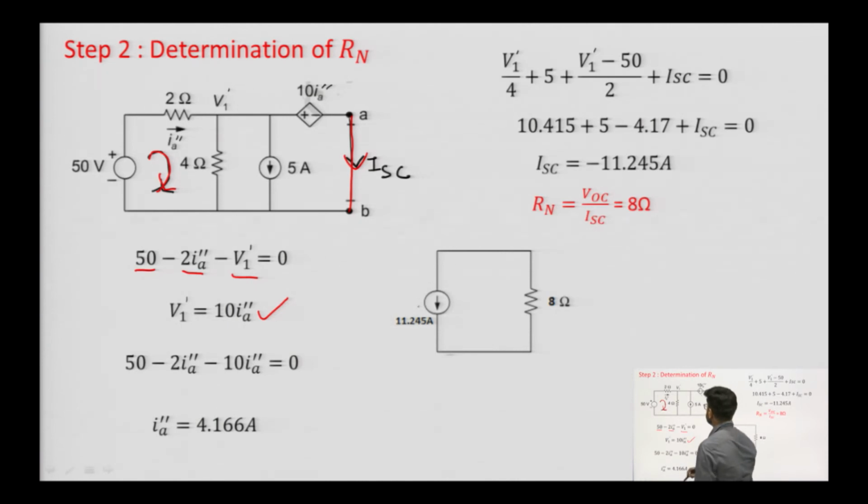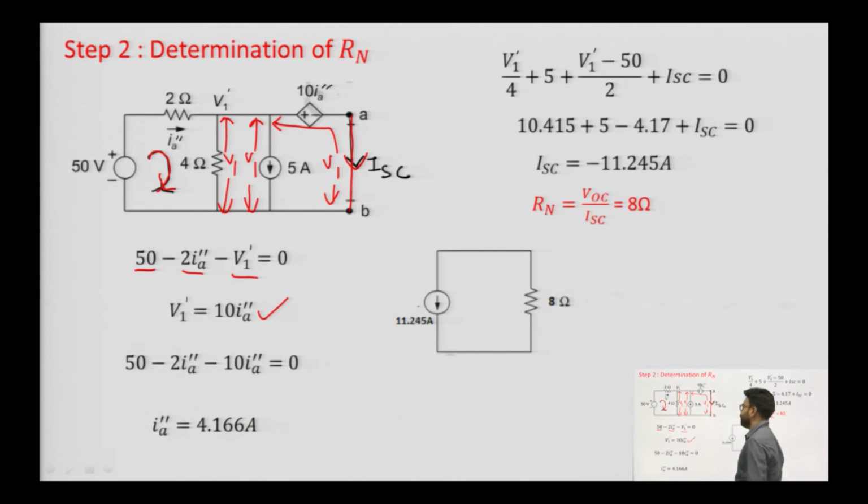V1 dash equals 10 IA dash, because all these things are in parallel. If the voltage across it is V1, the voltage across this current source will also be V1, and the voltage across this will also be V1. So, you can see that V1 will be equal to 10 IA double dash. After putting the value of V1 in this equation, we will get the value of IA double dash as